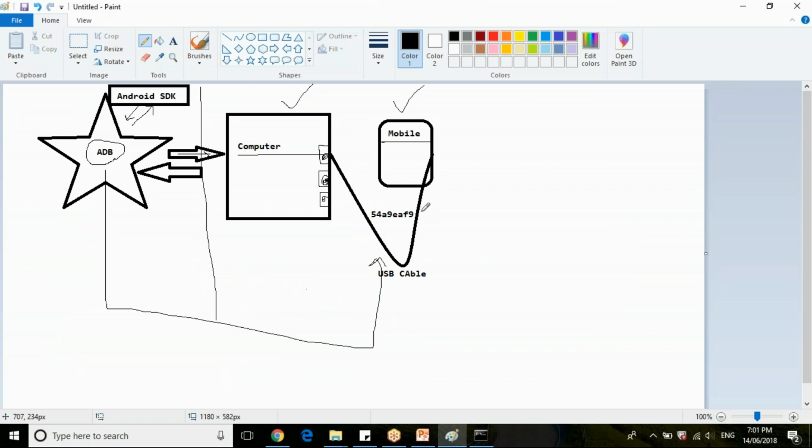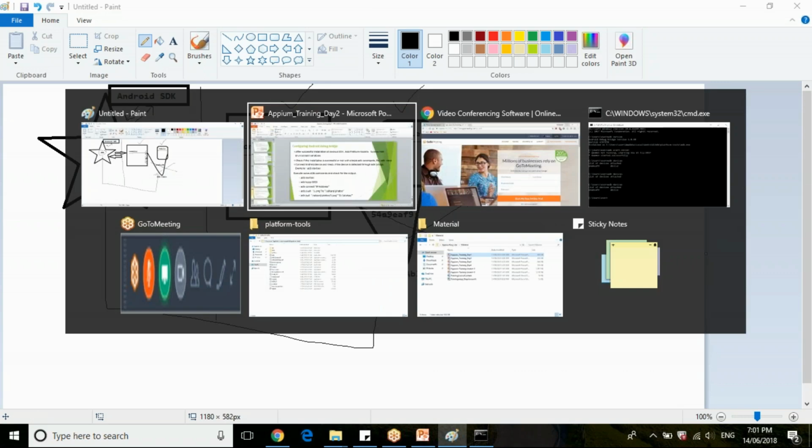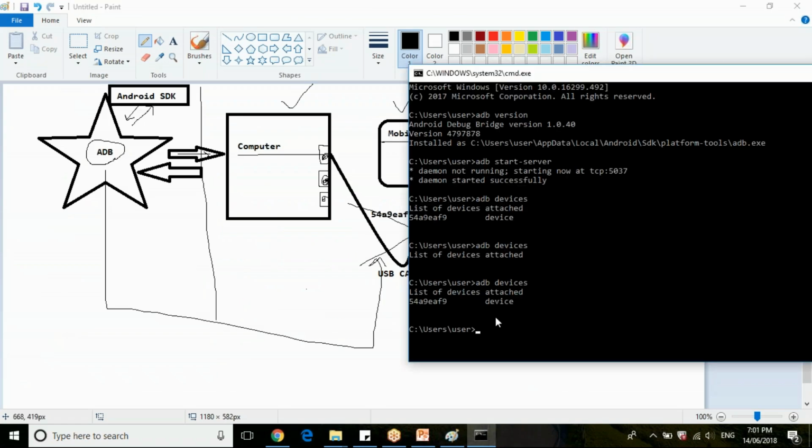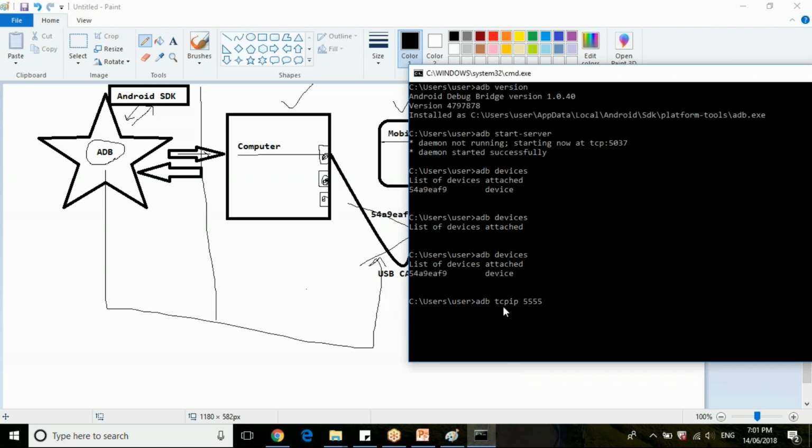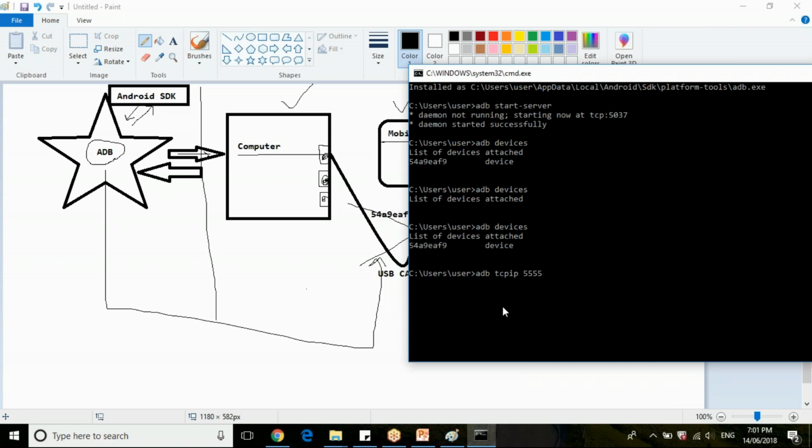Suppose you don't want to use a USB cable, if you want to eliminate connecting the USB cable, then you can use the command adb tcpip. Fire this in your command prompt, and you give the port number 5555. Once you start this TCP/IP port,